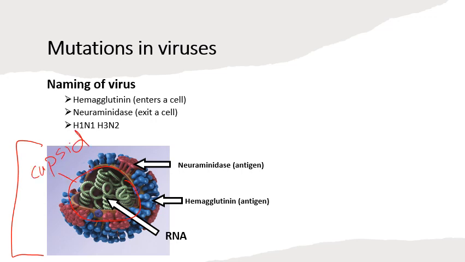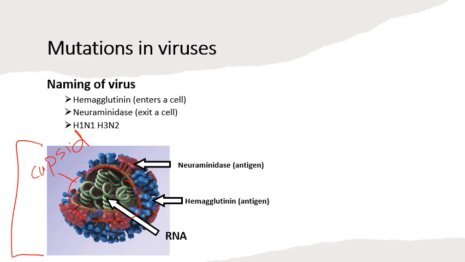And then on that capsid, we can see some red, blue, and purple proteins. Those red, blue, and purple proteins would be acting as antigens for this particular virus particle. Some of those proteins do have specific names. You can see on the screen that I've labeled the red ones as neuraminidase and the blue ones as hemagglutinin. You don't need to know too much about these, but if you do want to investigate them further,